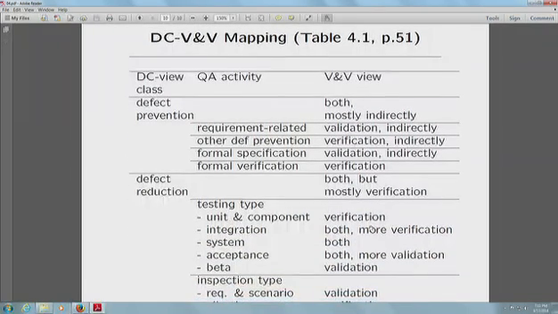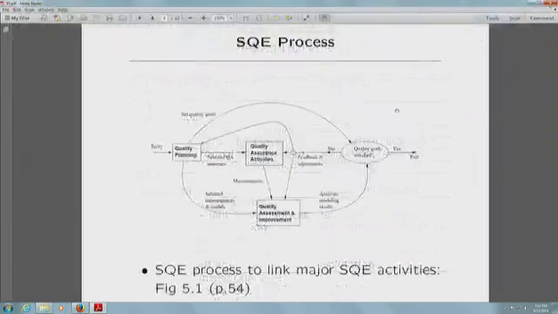So that's essentially the overall context of the QA activities in the development process, in defect handling, and then the relation between our classification and the V and V views of quality assurance. Okay, so I'll spend the next 10-15 minutes to try to also wrap up what we have left from this